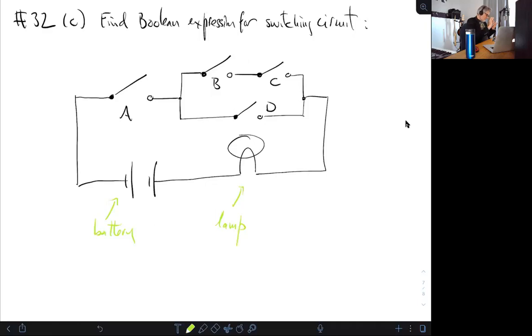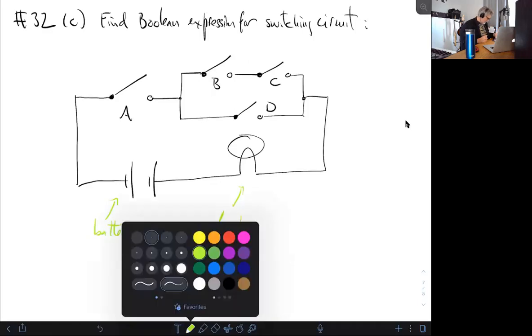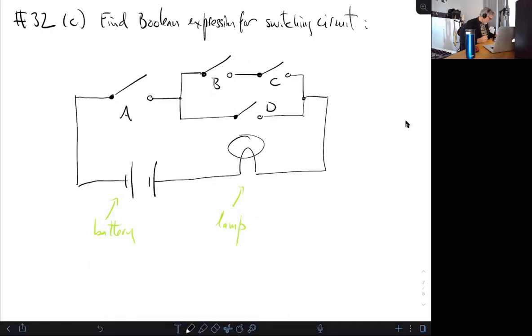So if your two gates are one after another, and both are closed, then you'll be closing the circuit, right? If one of them is open, the circuit will be open, okay? But if they are parallel and you want to close a circuit, it suffices to close one of them, right? It's an OR. So in sequence, it's an AND, and if they're parallel, it's an OR,